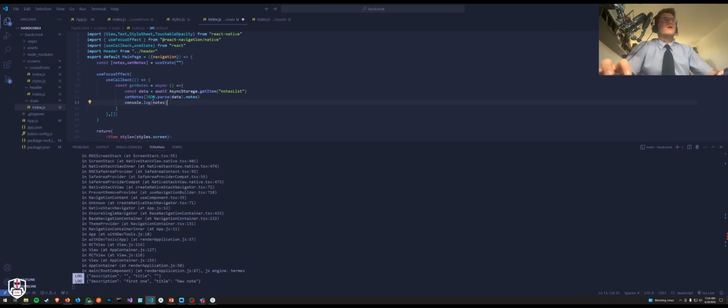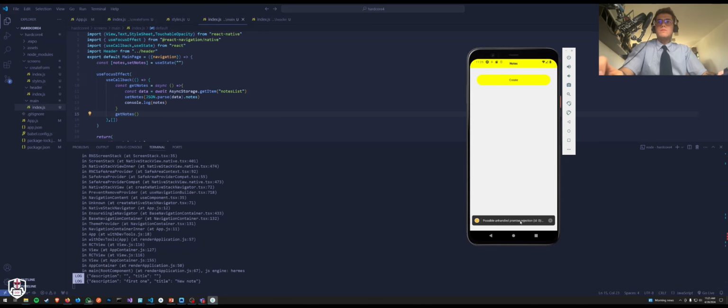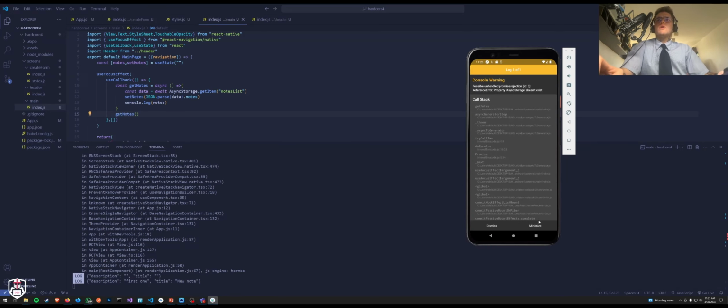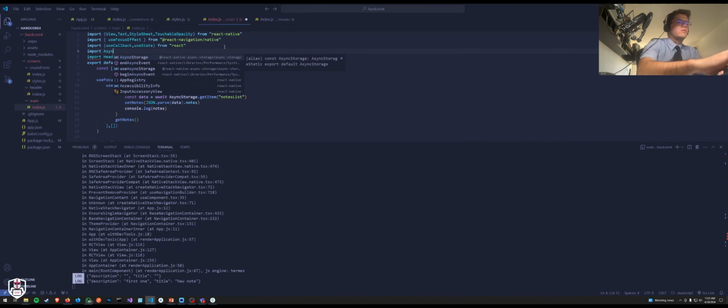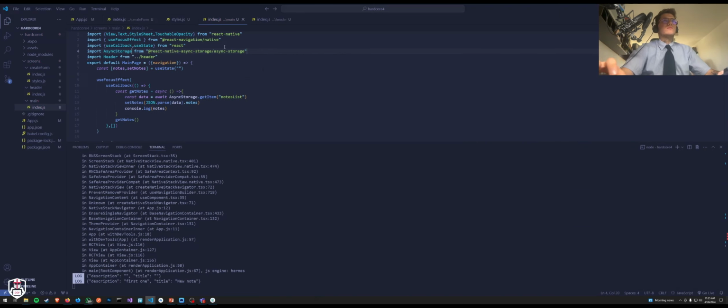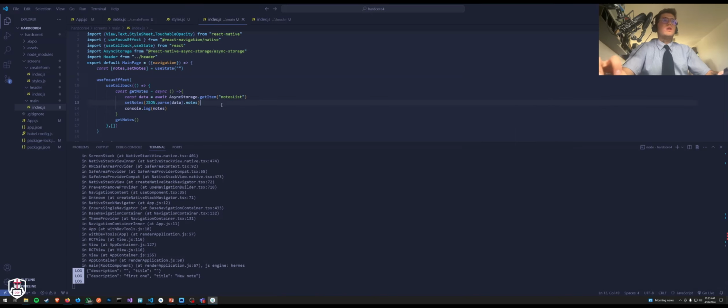So we created the function, and now we will call the function. We want to call it every time the screen focuses. Now let's check if everything went all right. If we hit Ctrl S, it will give us an error. Async storage doesn't exist. Okay, import async storage. Now if we hit Ctrl S, everything